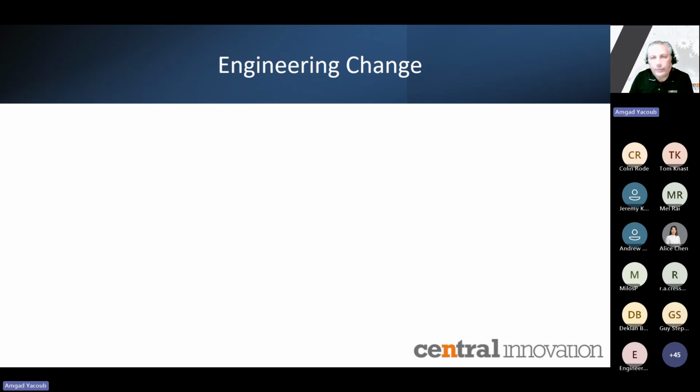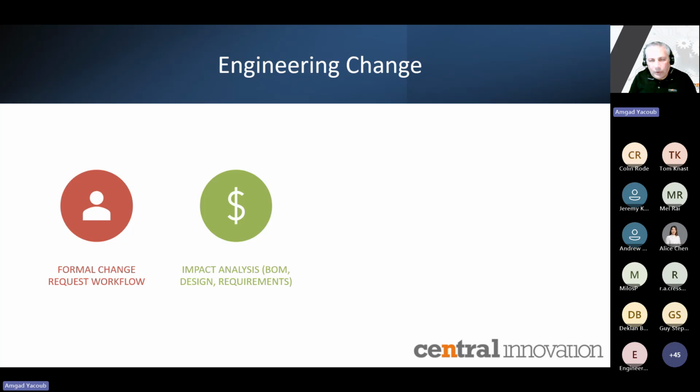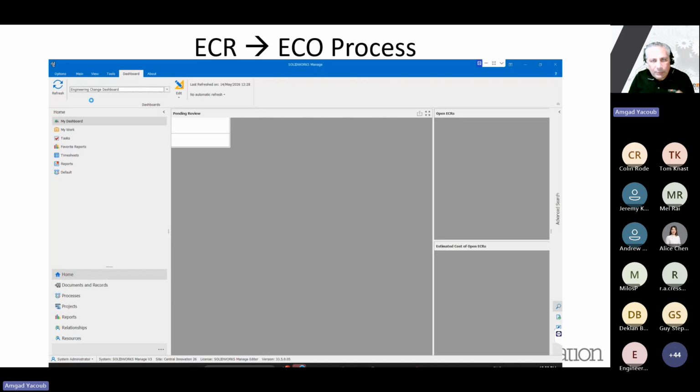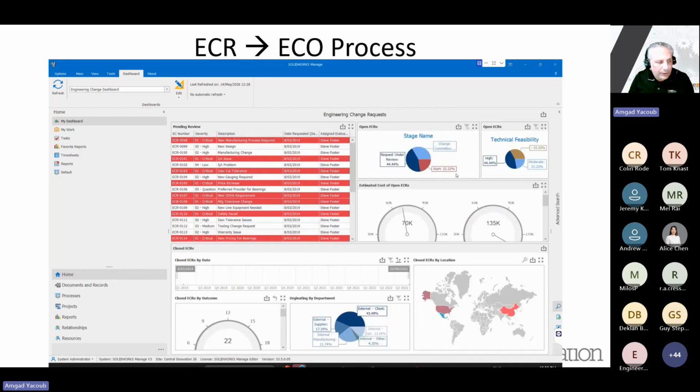This is like a state of the art application in SolidWorks Manage, because we saw a lot of people creating engineering changes the manual way, using pen and paper and just cycling it through the organization. It is very tedious work, and actually capturing the affected files is mainly a challenge here, and connecting the dots when this ECR or ECO gets approved really slows the system down. So in this process here, we actually have